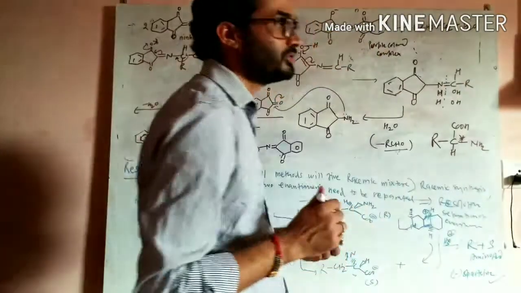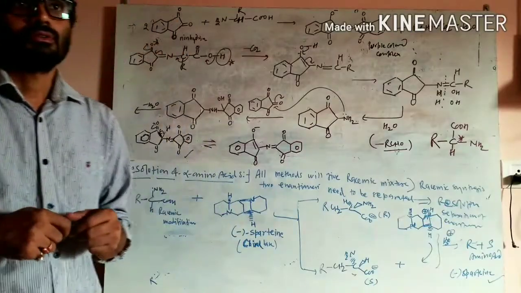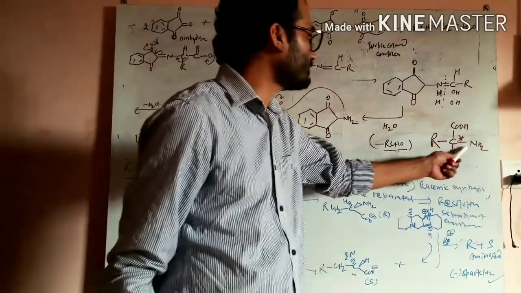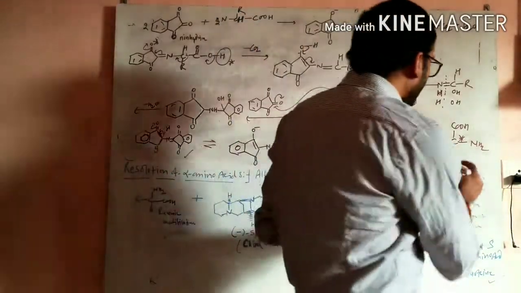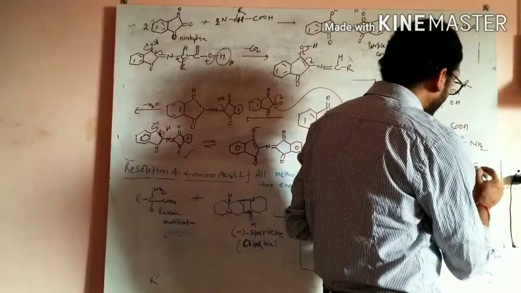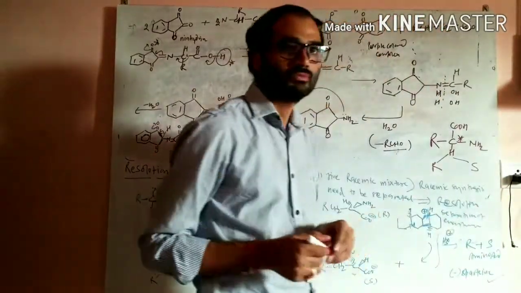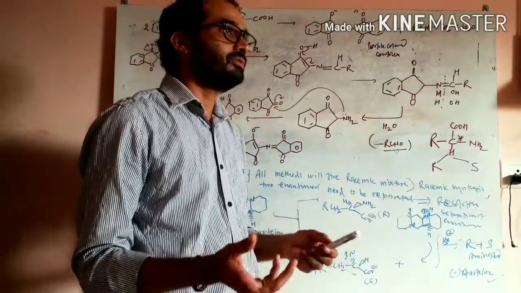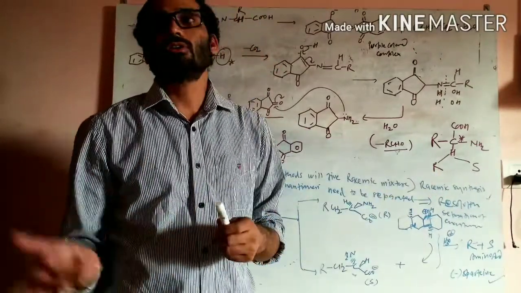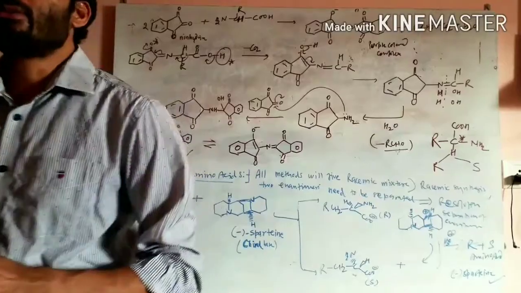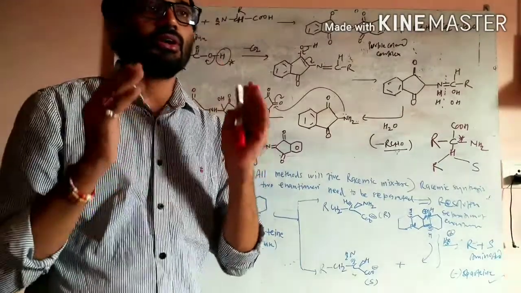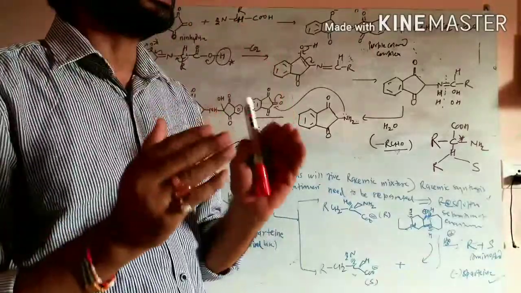Equal probability of formation of the two enantiomers, because it has a chiral carbon atom. So there is a probability that either the R form or the S form will be formed. In other words, we can say that there is equal probability of the formation of the dextrorotatory as well as the levorotatory molecule.